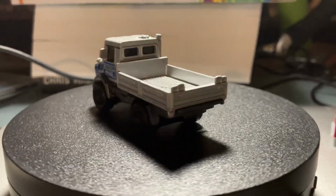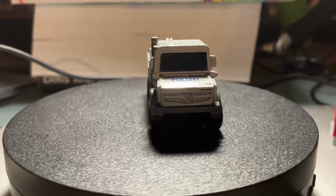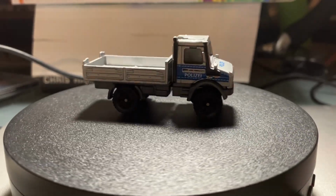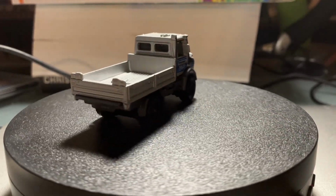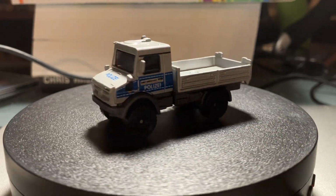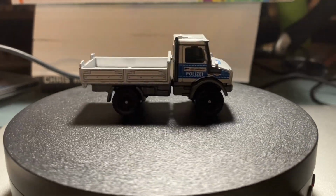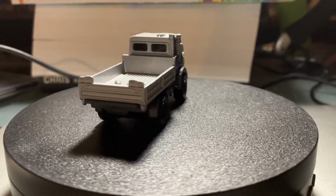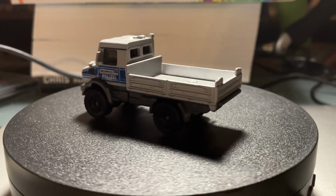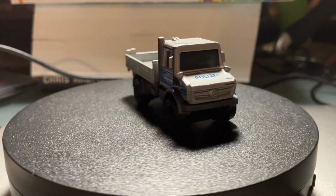I did a video on this Matchbox moving parts Unimog. Now, the case assortment this was in also had a Matchbox 2019 Ram ambulance. That was not a new casting for 2023. It was a new casting for, I think, 2022, if I'm not mistaken. Now, that was a popular one. It was hard for certain collectors to get, and then finally we got the ambulance in a new deco for